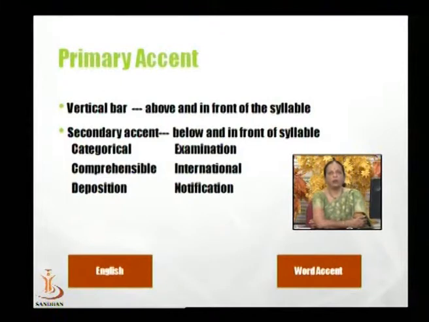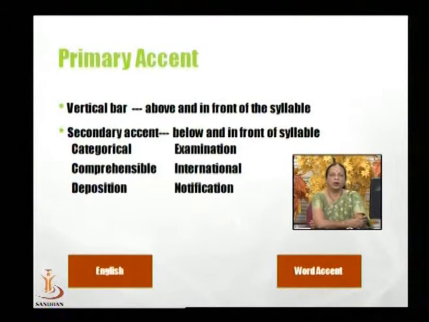Comprehensible. You can't say I want to break it into C and bl. You can't do that. Comprehensible. How do you say the word? As you break it up into syllables, my dear students, once again I'm reminding you, you can't break it any way you want, because the pronunciation should be as it is when you say the word without breaking it into syllables. So if you have a word like categorical,